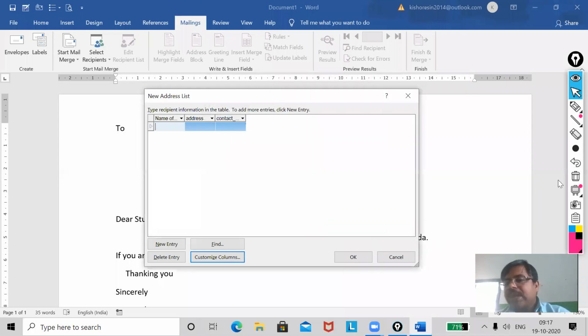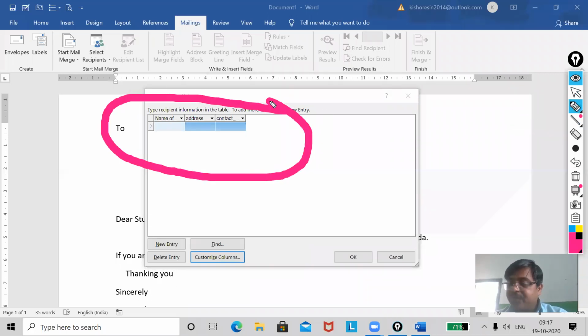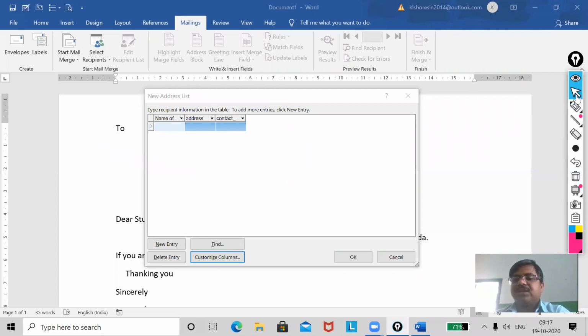Now you can see these three. Earlier it was showing many fields, but I deleted all of them and kept only three. First one, the name of student. You will say, sir, the name of the student is not visible. So what you will do, you will go in between and expand it. Now it is visible. Now contact number also.